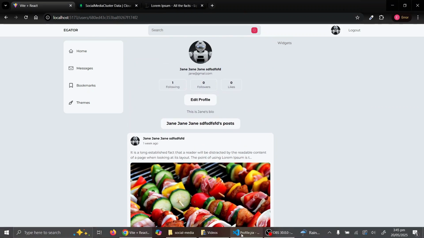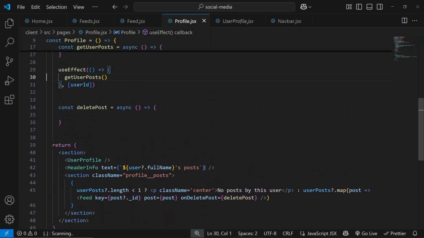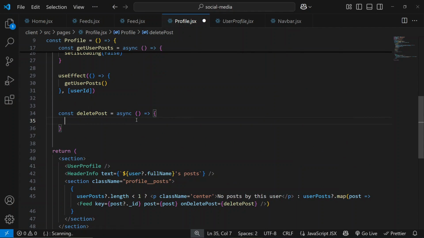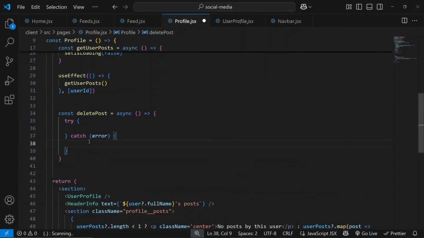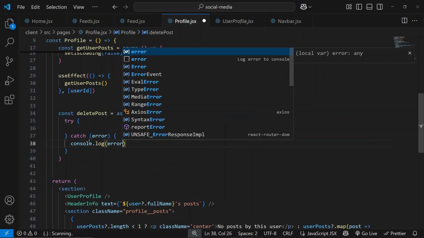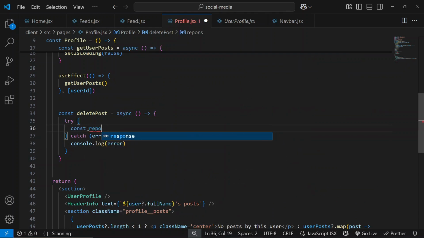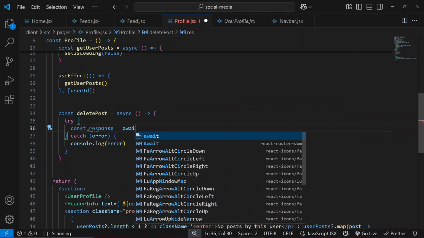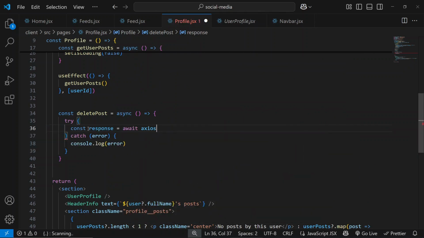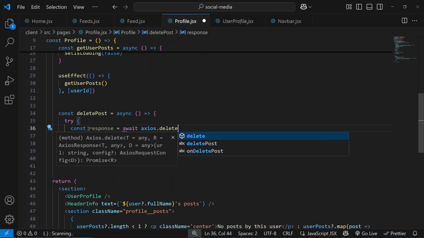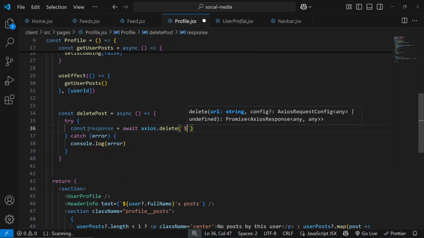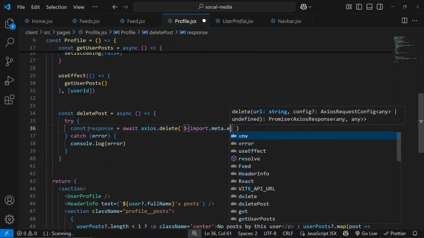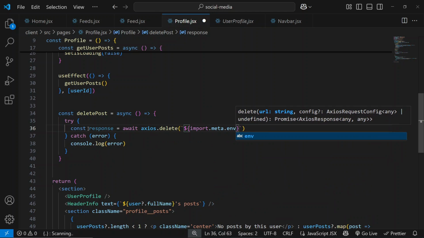All right, so let's move on and work on the delete post. Let's have our try catch. Let's log in the console in case we have any errors, and the response will await Axios, and this is a delete method. Okay, so a delete request, we need to import our Vite API URL, and we are going to post,